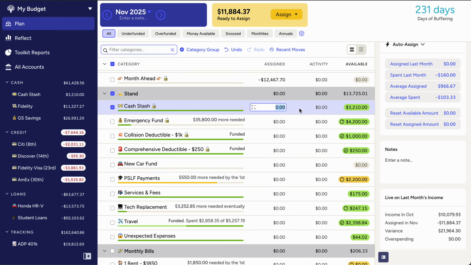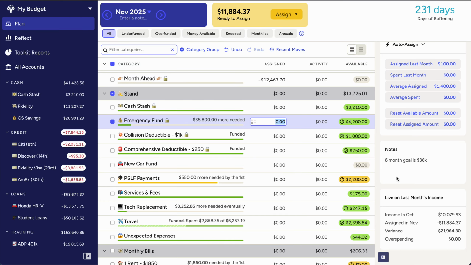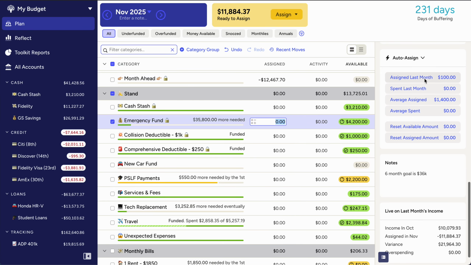Cash stash is one of the only categories in my account that I make sure is aligned with my actual account, and I'm doing air quotes basically because this is physical cash under my mattress that I have. So I just make sure that this dollar amount matches, so I won't be contributing anything here because this money that I'm going to be assigning is actually money that's sitting currently in my savings account and or my checking account.